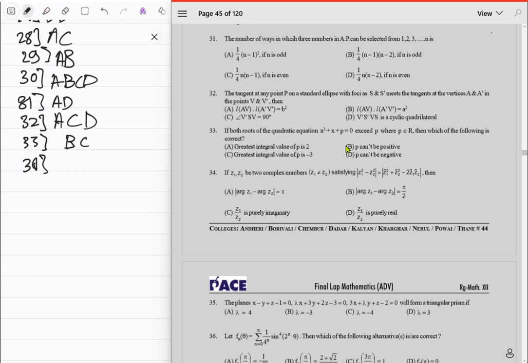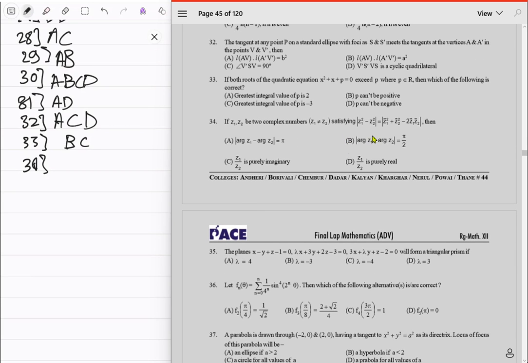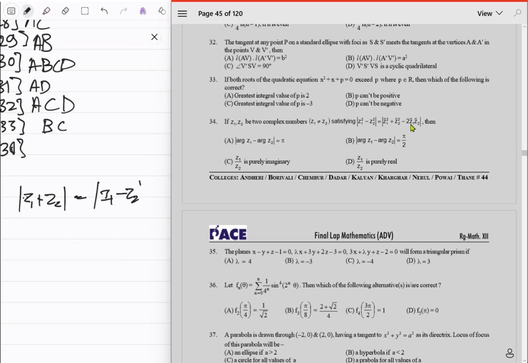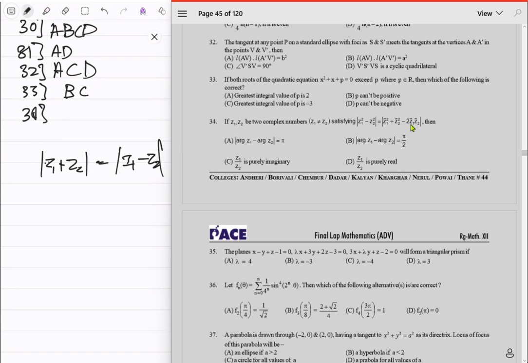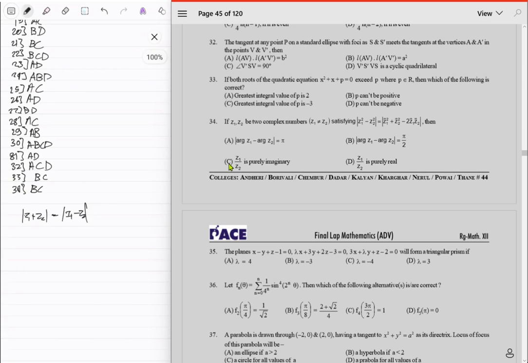Sorry. 34 is, if z1, z2 are two complex numbers, z1 is not equal to z2, satisfying this equation, then okay. Mod of z1 minus z2, remove that here, just basically this thing, mod of z1 minus z2 equal to 0, which means z1 equal to z2, or you just have mod of z1 plus z2 is equal to mod of z1 minus z2, which would mean their dot product is 0 basically, right? So these are perpendicular basically, right? Yeah. So argument of z1 minus argument of z2 can be pi upon 2. Yes, B looks correct. Z1 upon z2 is purely, no, it's purely imaginary. C is correct. So B and C, because z1 is not equal to z2, right? Yeah. Next,